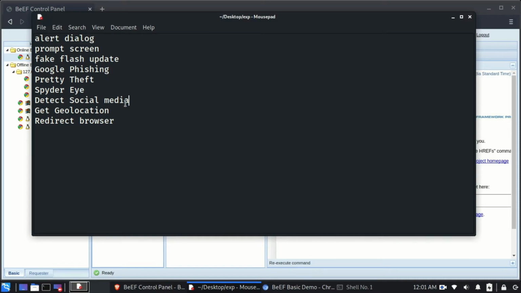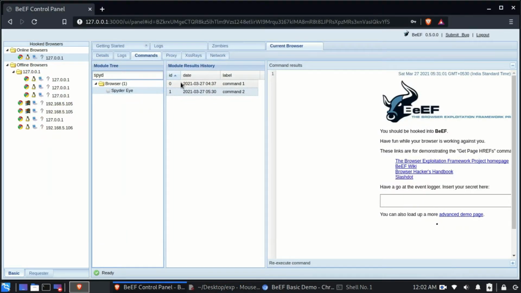The next thing is get geolocation. This one is very useful because it will provide us the IP address and location of the user on whose browser we executed that command. So let's check out that particular thing.